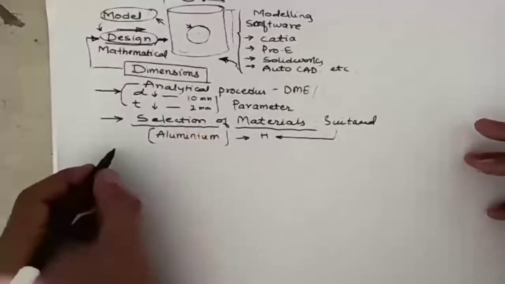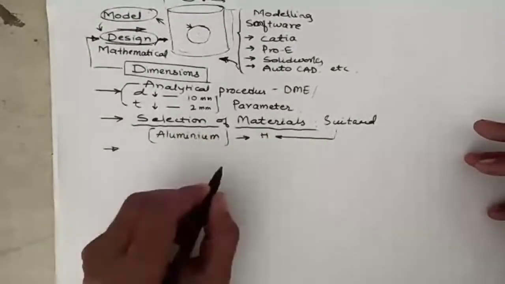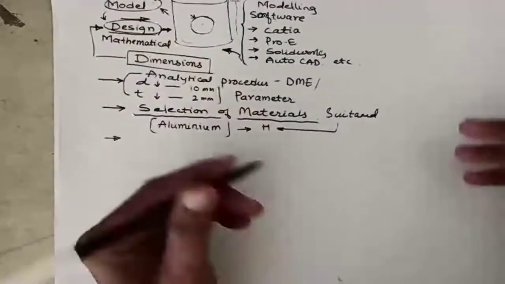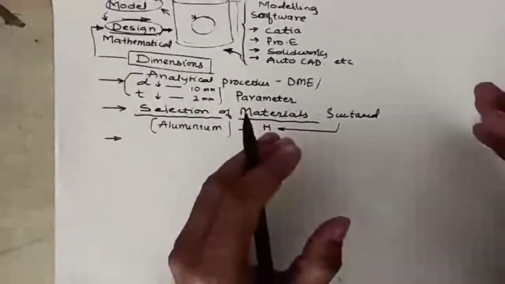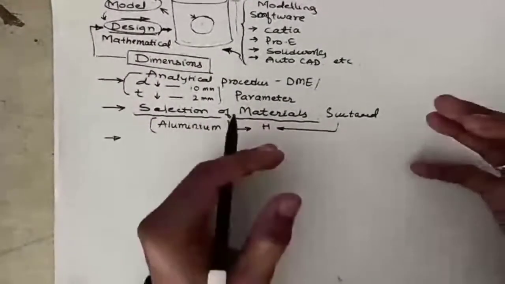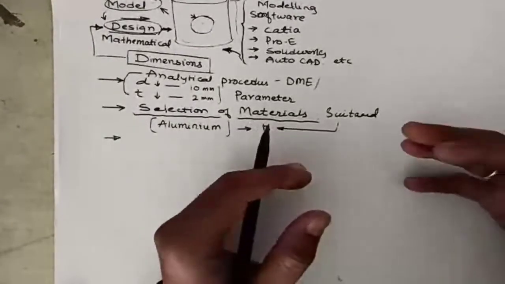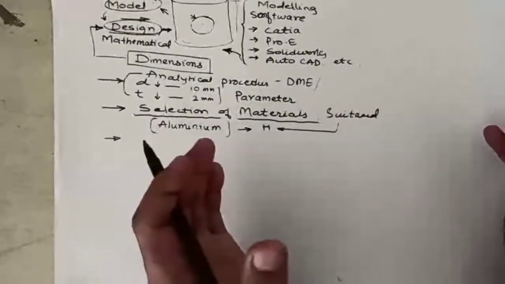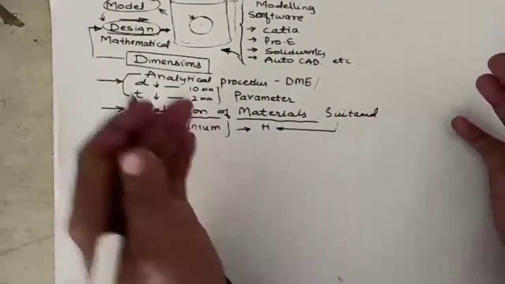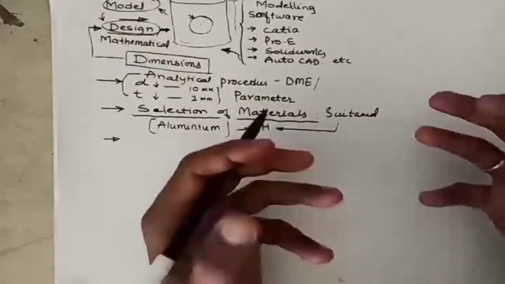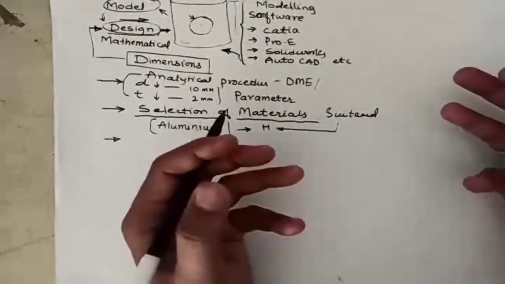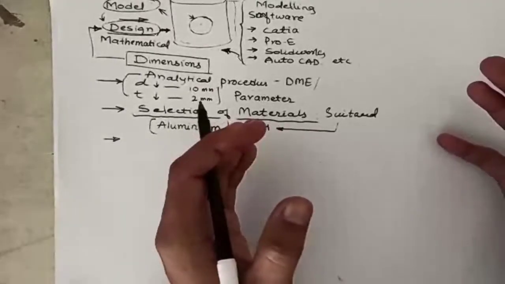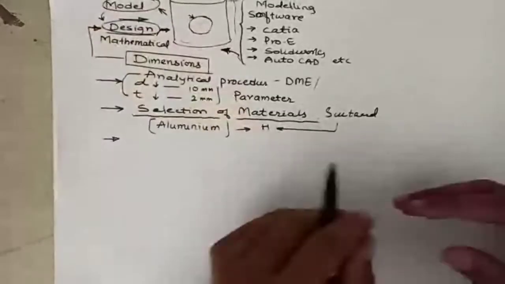Now, after selecting the material, the next step is to analyze whatever design model you have created. Anyhow, the model is created, but you cannot go for the practical application or make the prototype, because only the design is completed. We don't know how much load it can resist, what the maximum stress in the material will be, or how it can resist impact load.